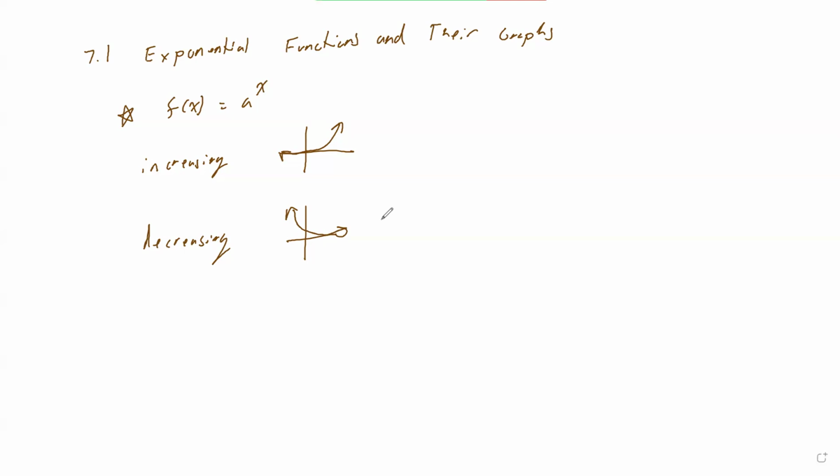And then it gets into some solving. But things to pay attention to: it is a decreasing function if the a is less than 1 but greater than 0, and it's an increasing function if it's greater than 1. So if it's like a half, you're halving your stuff, so it's going to be decreasing. And if it's like 3, you're tripling your stuff, so it's going to be increasing. So you can think of it like that. And then it gets into some solving skills, but I'm going to go over those when we get into some of those questions. So let's look at our first set of questions on page